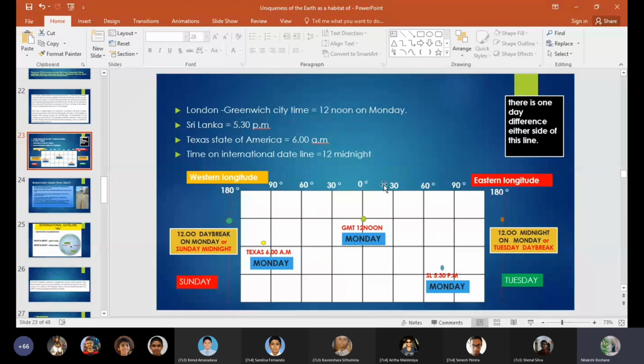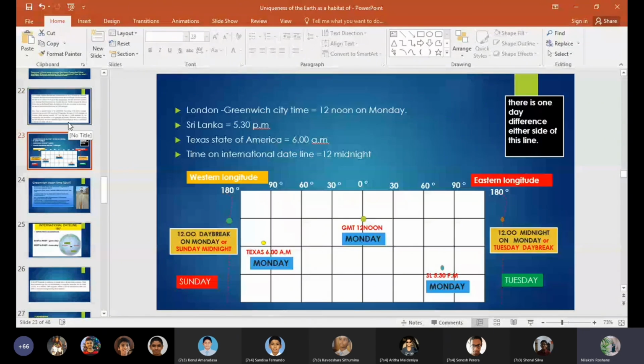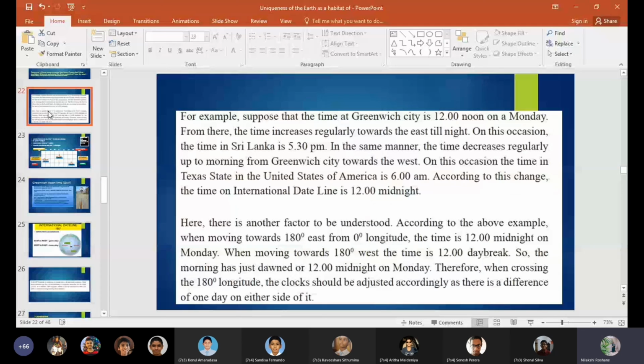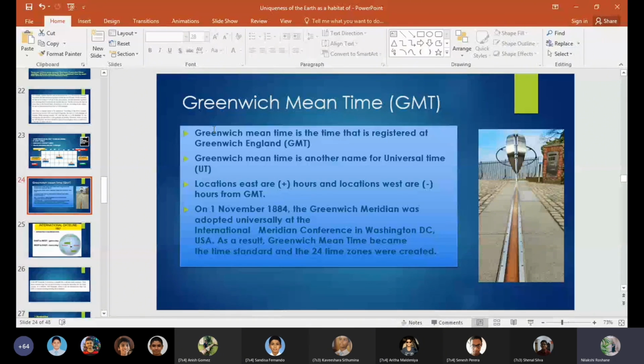See this picture. You'll get more clear about this thing, as I'm going to explain it with pictures, so you'll get a better understanding about what is in the text. So London, Greenwich City is 12 noon on Monday. As you can see, Greenwich is located on the prime meridian, so Greenwich Mean Time is 12 noon on Monday. In Sri Lanka it's 5:30 p.m., and also it's Monday. In Texas, United States of America, it's 6 a.m. on Monday. Yes, also there is a reference point which we consider as the prime meridian or the